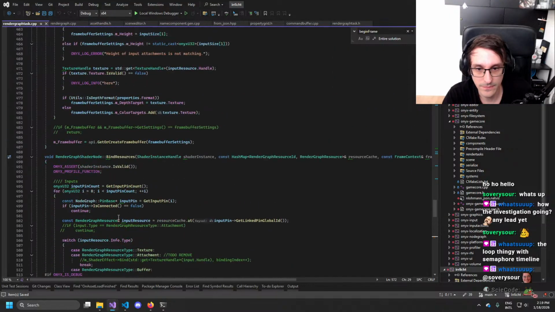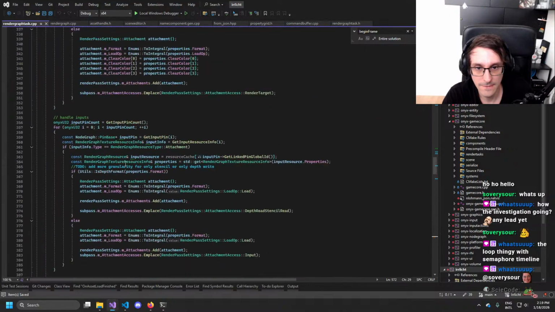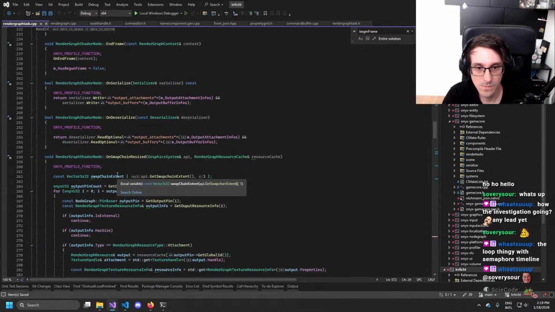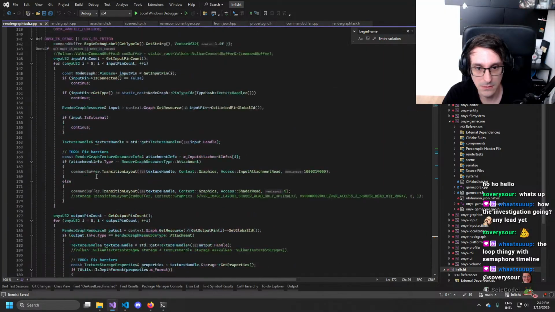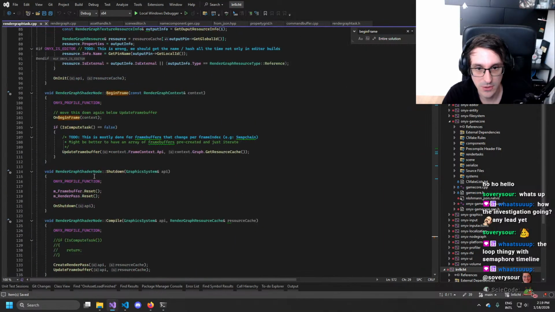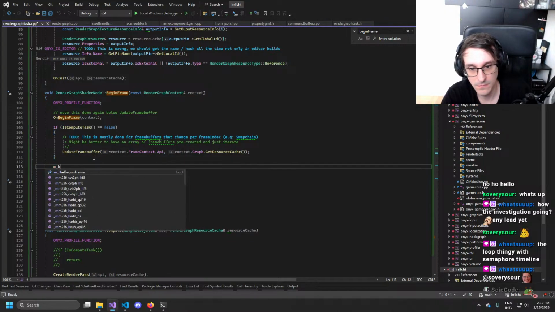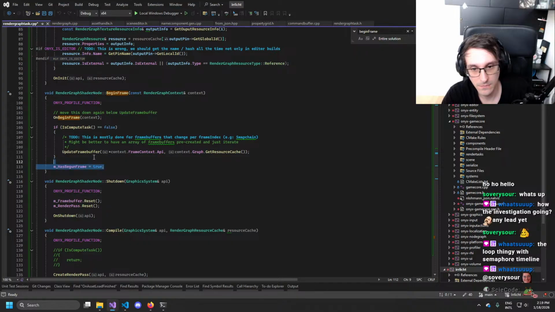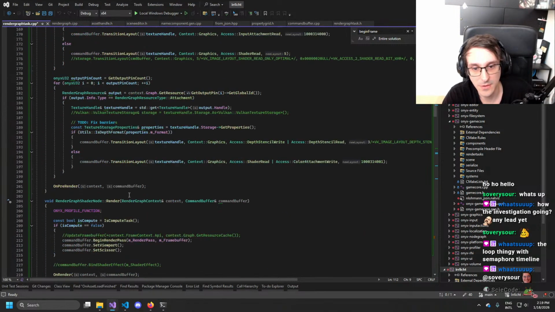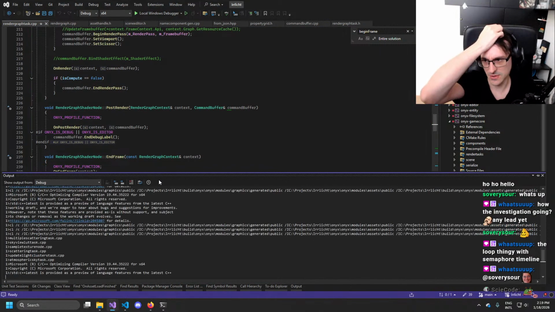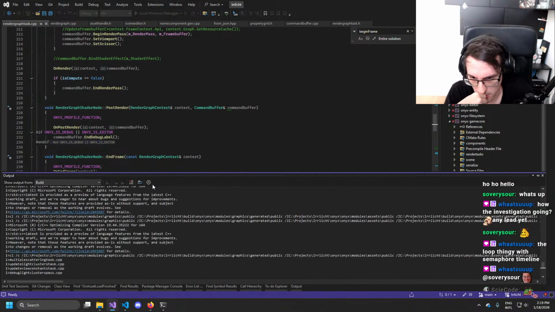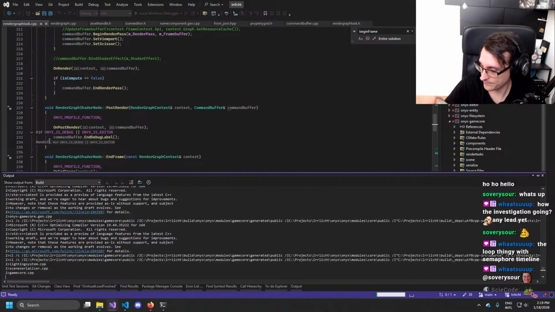No, not this one. Here-ish. Somewhere here. And then it works with that approach. So I think that should now hopefully fix the issue with the shader loading mid-frame causing crashes.